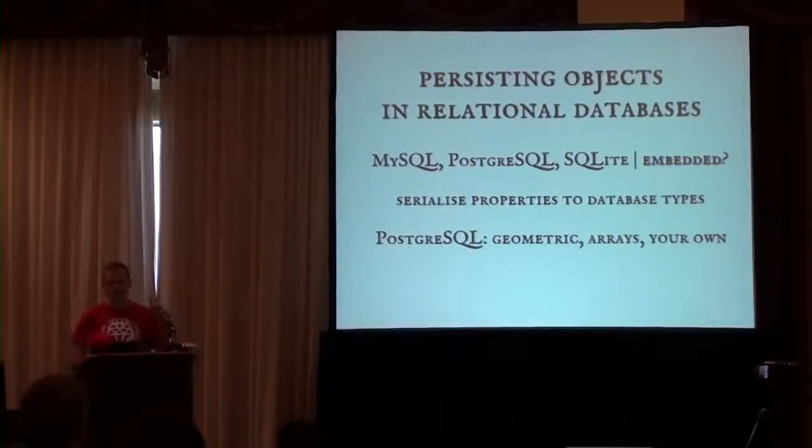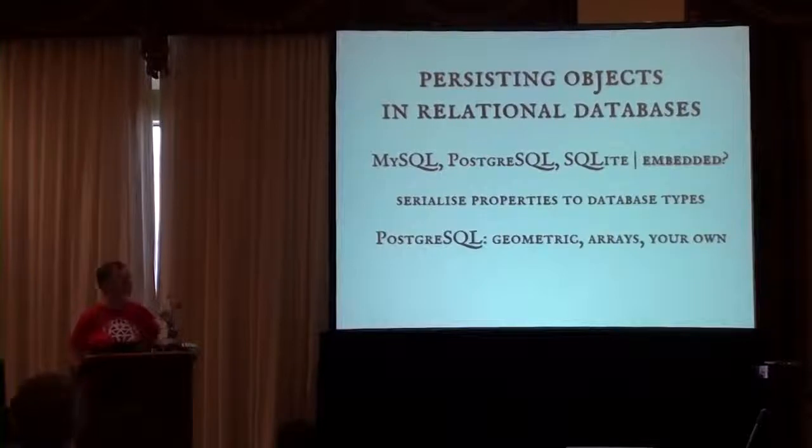There are array types in PostgreSQL. If you have posts in your weblog, which is, I think, the generic example, and you tag them, you don't necessarily need to have in PostgreSQL a separate join table for joining posts and tags. You can have a tags column. It can store arrays of tags, and you can ask PostgreSQL, please give me all the posts tagged Ruby and persistence, or all the posts tagged Ruby or Smalltalk. You can do that only by having a tags column and having Postgres arrays in it.